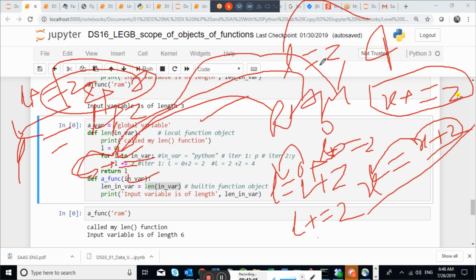So what is L plus equals 2? Again, L plus equals 2 means L is equal to L plus 2. So you can see here the value held by L is 4. So 4 plus 2, L, and the same value